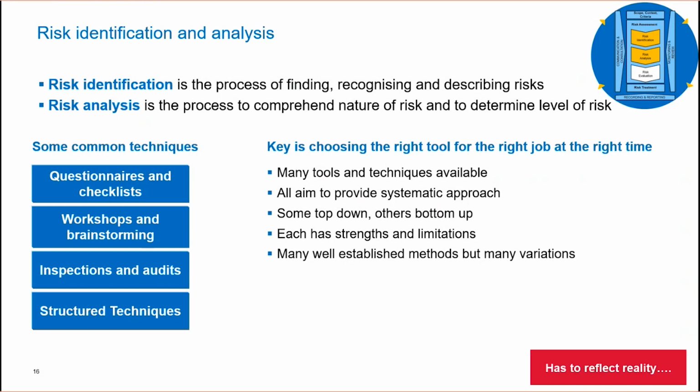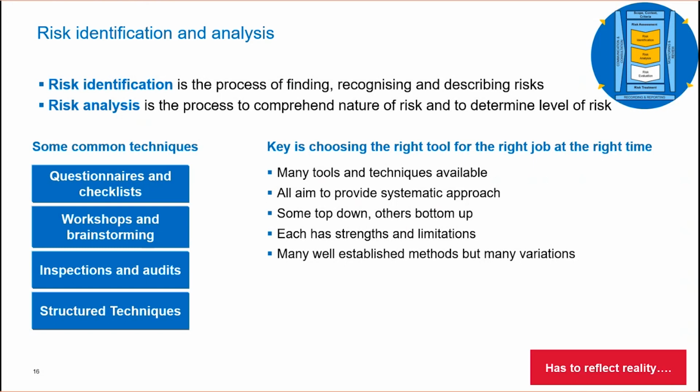There's no one size fits all, but hazard identification and bow ties are very good tools and they work very well. But it's always important to proof test the tools we plan to use. If I use this, will it give me the outcome I expect? Is it going to help me understand what we have in place? And it's very important that this reflects reality. The risk assessment has to reflect what we have, not what we wish we had.